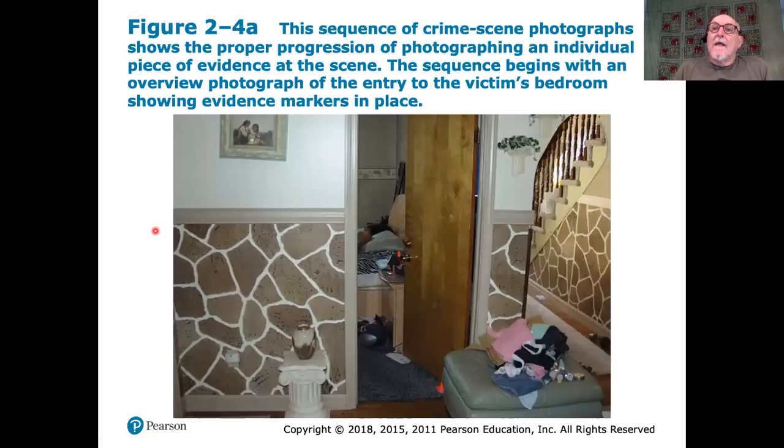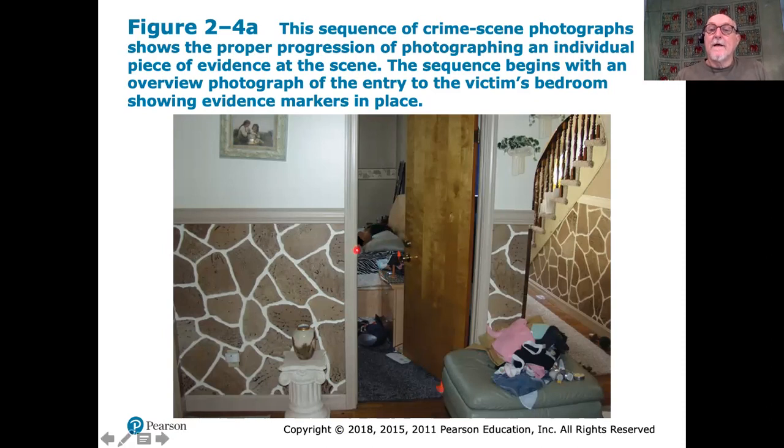Here, for example, this series of photographs is actually done correctly, as if we were walking through a crime scene up to a particular piece of evidence. So this is not the overall view. This is a medium range view of the scene. You can see these bright orange markers there and there. Those are the evidence markers. And there is, in fact, a body lying on